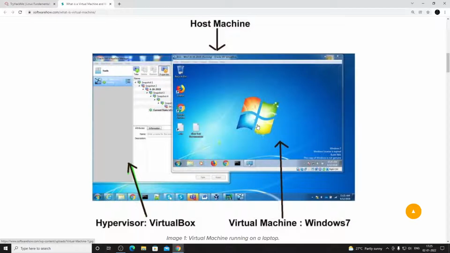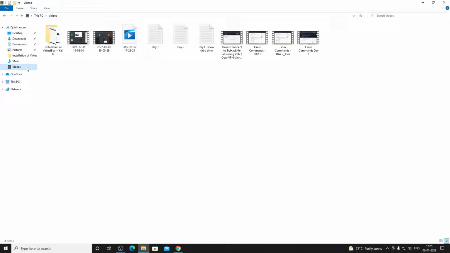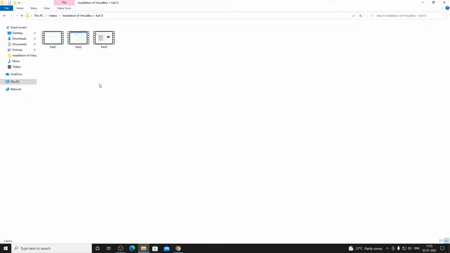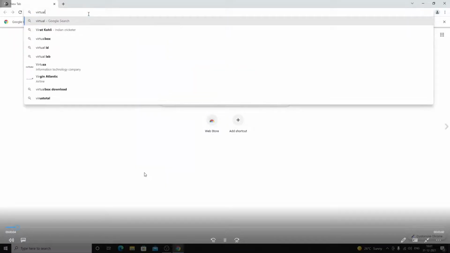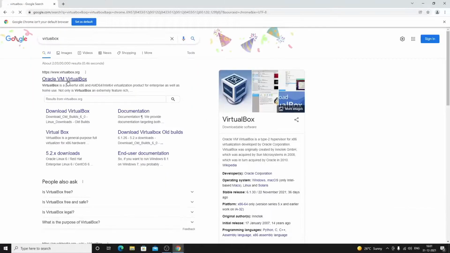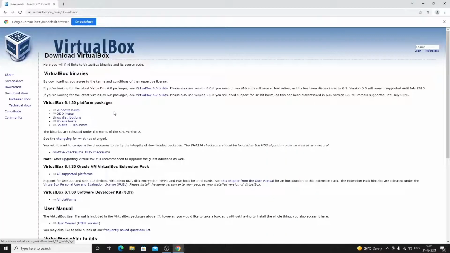Okay, so how we can download the virtual machine and install it, we will be going through that now. I already have these things recorded. I will be starting with part one, where I have shown how you can download VirtualBox from Google. We are supposed to just search for VirtualBox, and from the download VirtualBox link, we can download it